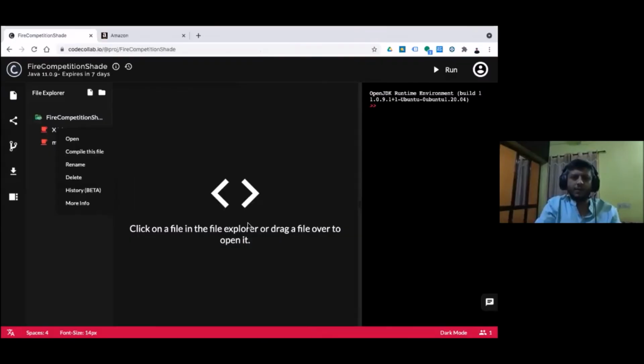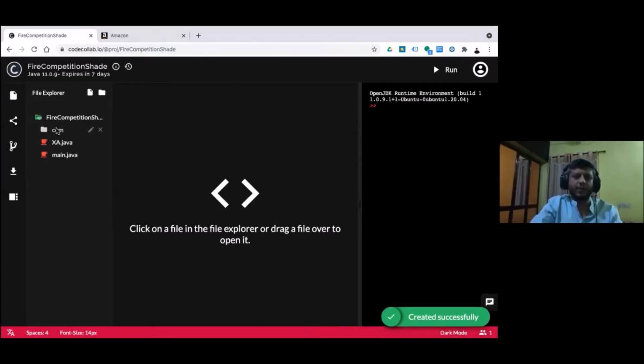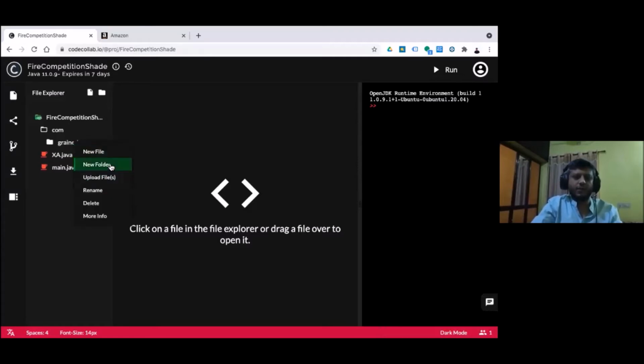In CodeCollab, this process might be a little tough. You have to first create a directory, then create another directory, and then create another directory. It might not be as easy as in the other IDEs, but this package creation would be available whether you are using Visual Studio,